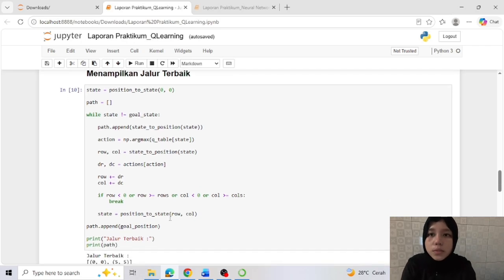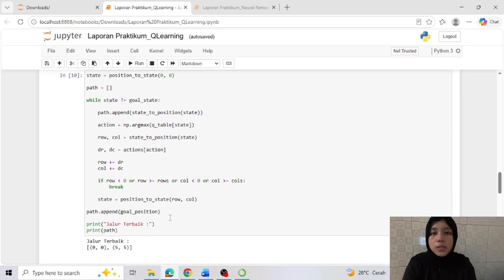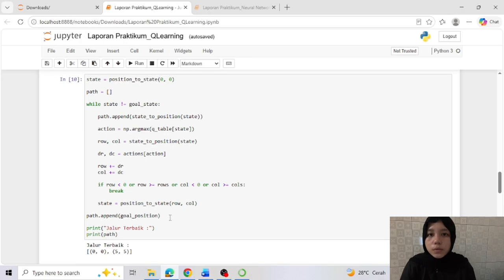Next, after training is complete, the agent selects the action with the highest Q-value at each step to generate the best path toward the goal. The resulting path shows that the agent has successfully learned how to reach the destination efficiently.